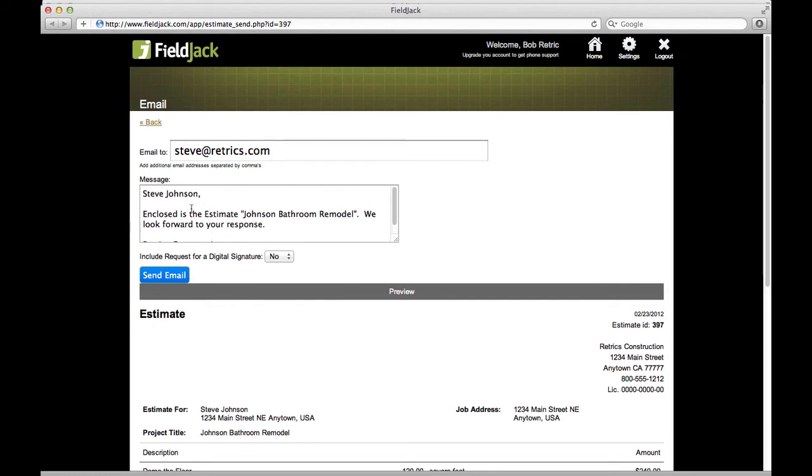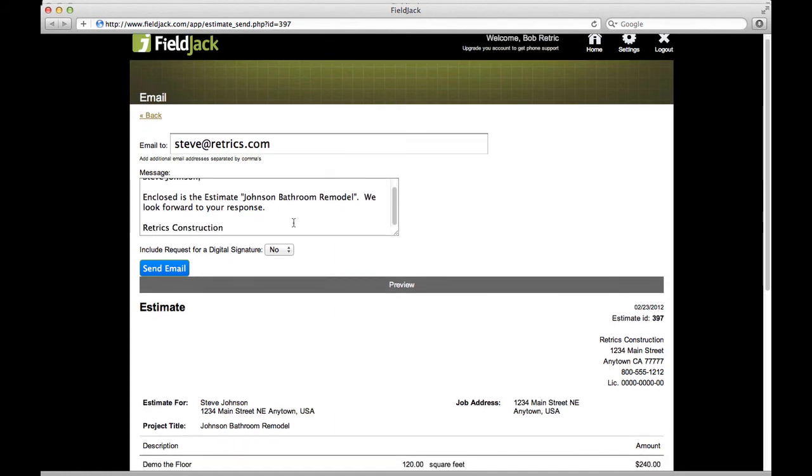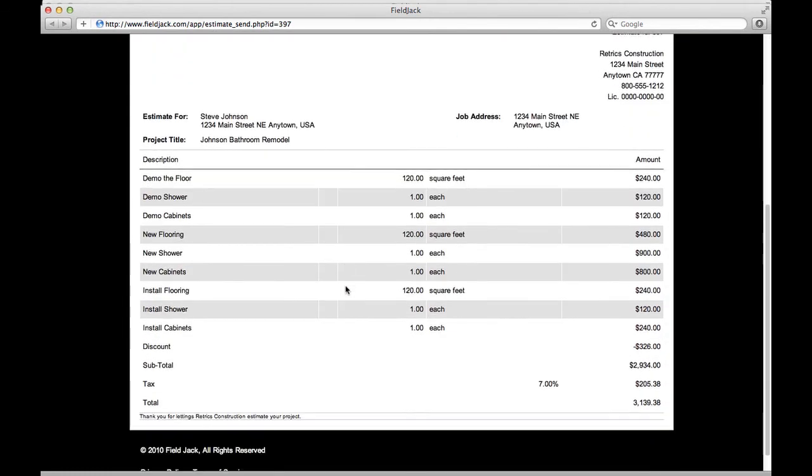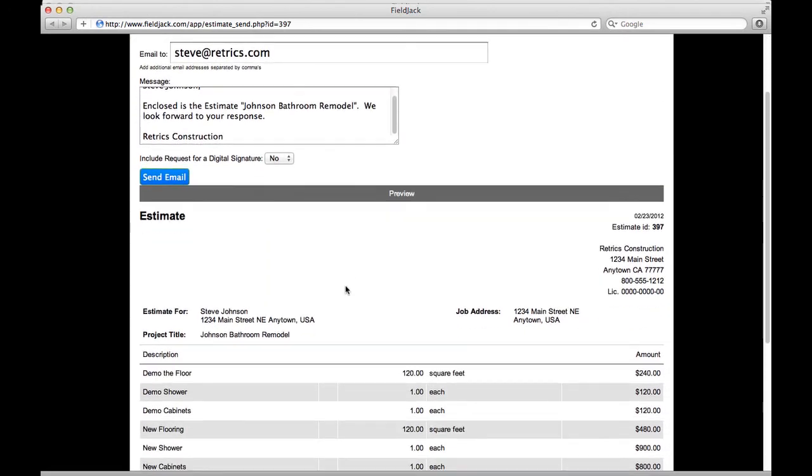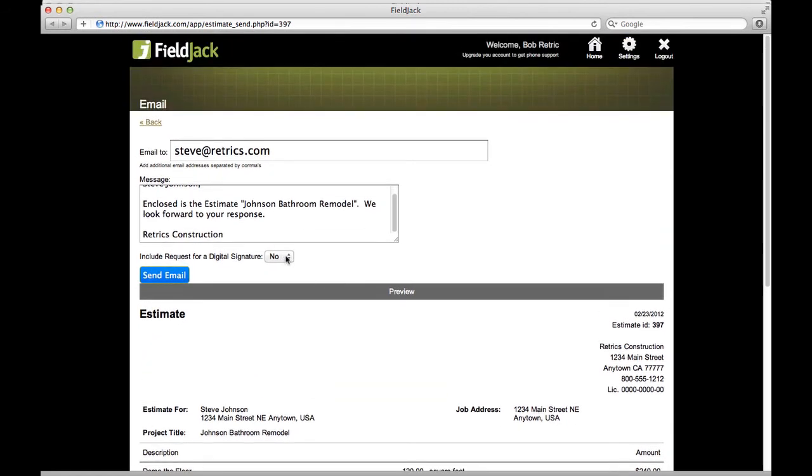And even a little note, Steve Johnson encloses the estimate. We look forward to your response. And then down here, you can see this is a preview of what the estimate's going to look like. Now, it actually attaches it as a PDF file, which is very nice. But one of the options you can choose here is request a digital signature. And I can click yes, and then hit send email, and it shoots it off to the